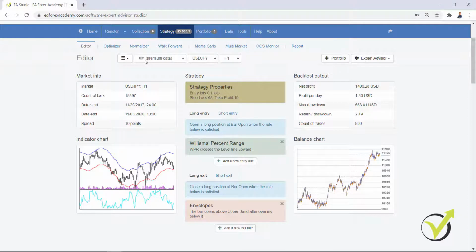Okay guys, so this is the difference when we use EA Studio software and when we do backtests on MetaTrader. Honestly said, I'm not doing backtests on MetaTrader. I just show them in some of my courses when I compare the software and I compare MetaTrader. It's a huge difference, but of course that's professional software. However, I will share some more of it in this course, but if you don't want to do it by yourself, no worries. I will include the ready 12 expert advisors always, so you will not need to do it by yourself. All you can do is just play with it, use the 15 days free trial.